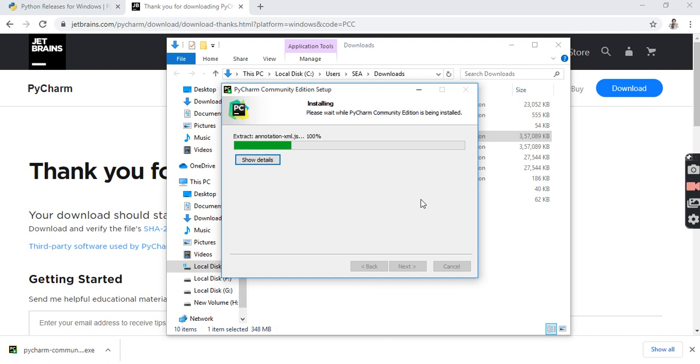So for now we just have to wait for it to get installed, and after installing, I would quickly let you know about the other things also, right? So this is PyCharm, and this is what we would be using for writing all of our codes. And after this, in the next video I will let you know about one more IDE, that is Sublime, right? I mostly work on both PyCharm and Sublime, and basically I write the codes in PyCharm, and I make my projects in Sublime.